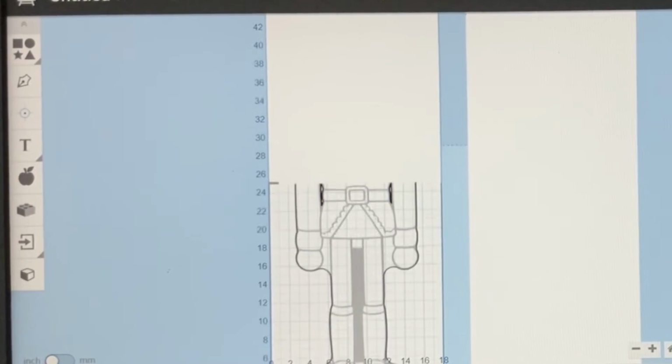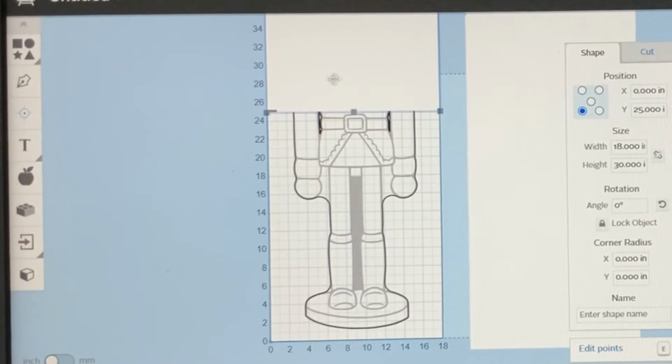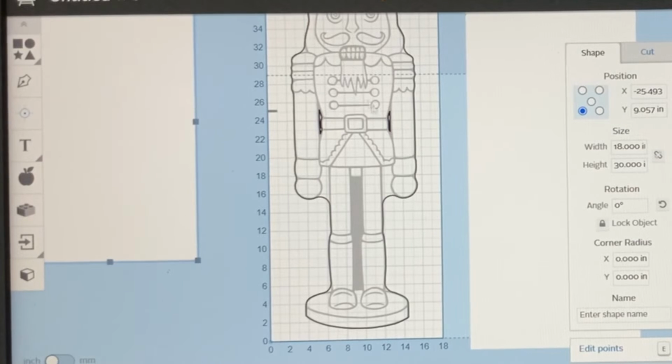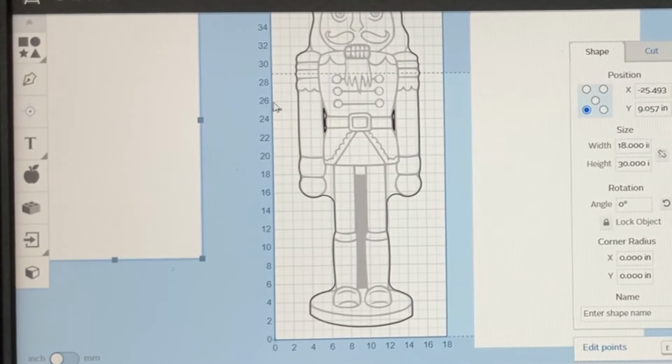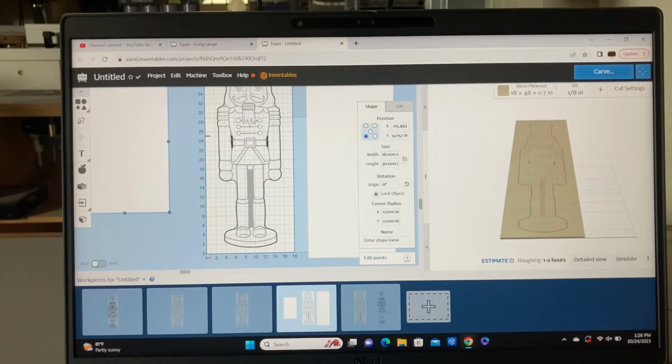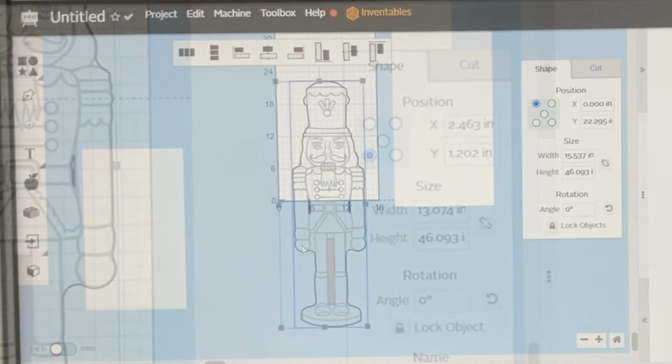So after you cut this bottom section, we need to move this space out of the way, and we need to move our Nutcracker down to this area. So this 25 inches right here, this point needs to move down to the 0 position. And how do we do that? Well, if we click this right here, you're going to see at the bottom left hand corner, that is 1.202. If you subtract that from my 25 inches,